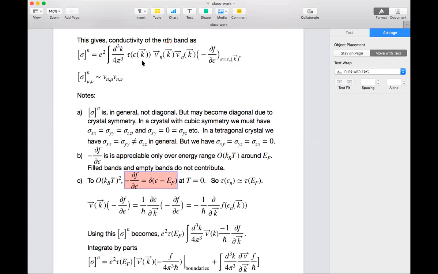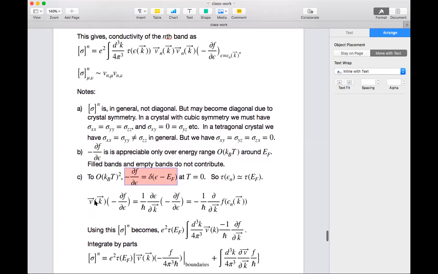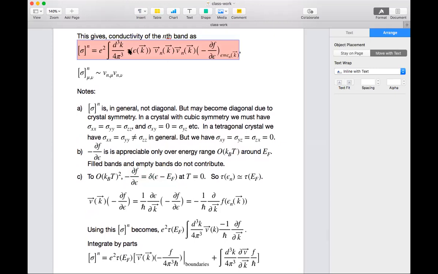Then I can just take this tau at the Fermi energy. There's a little bit of algebra here, so I'm just trying to spell that out. So you write, instead of tau at epsilon k, tau at epsilon F, and that can be pulled out